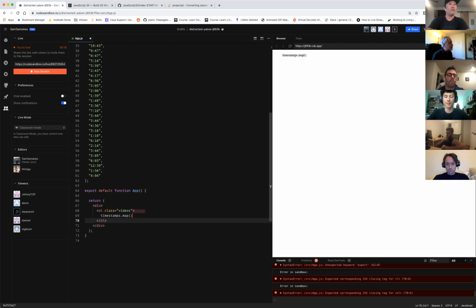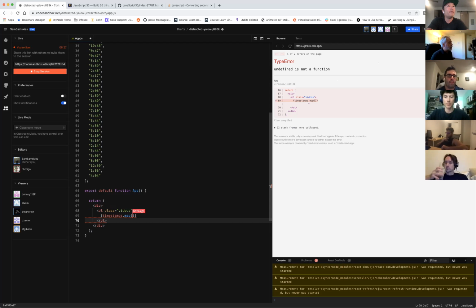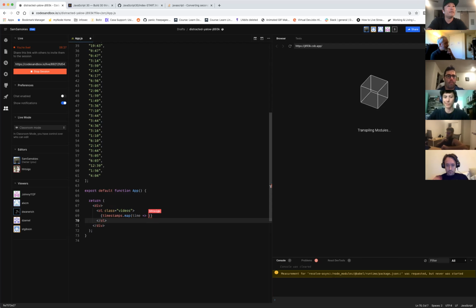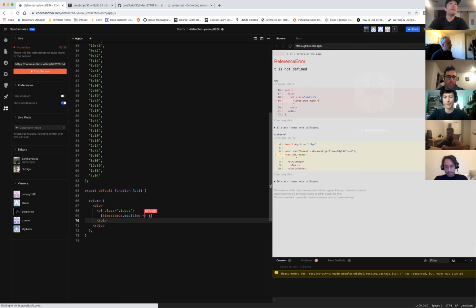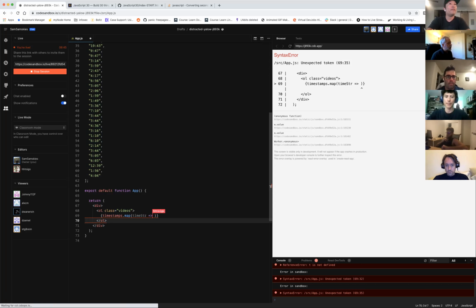map over this. I need a curly brackets expression. Like so, and then let's just, whoops. So we got a string. Let's maybe call it times str for string. Does that make sense? And then we want to